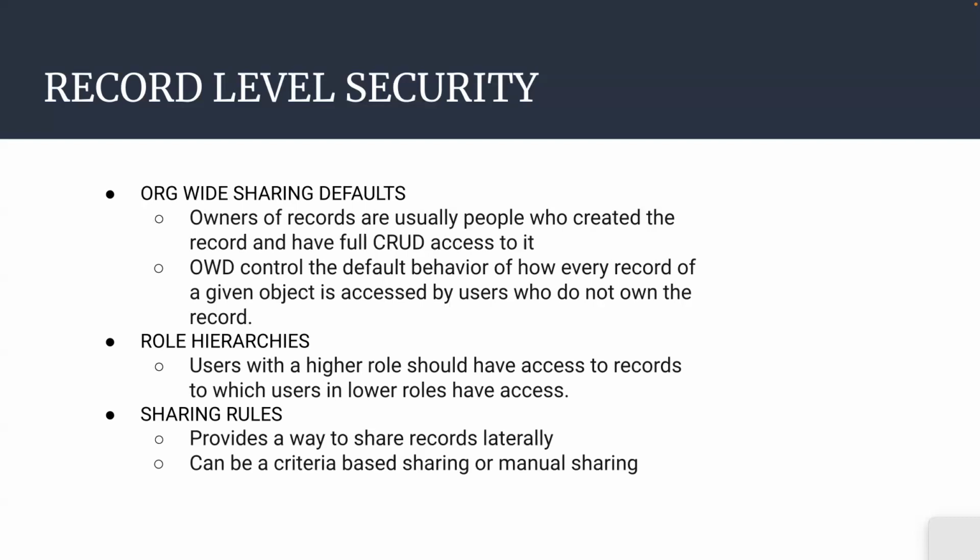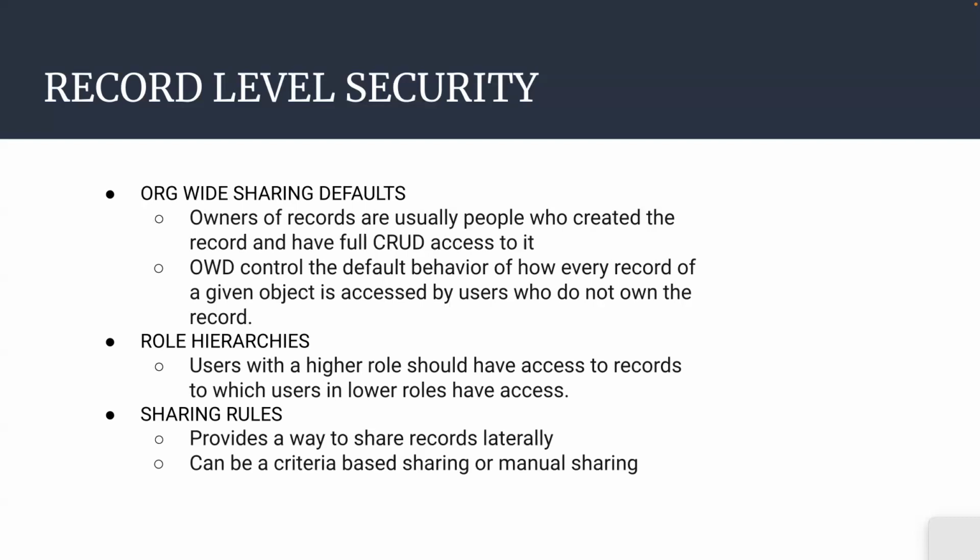So there might be reasons why you might want to have some object as a public object because you want everybody to see everybody else's record. For example, in one of the projects that I work on, the important field here, just like I mentioned, is the owner of the record. The owner is somebody who created the record. That field is called owner ID. Now, a lot of cases,